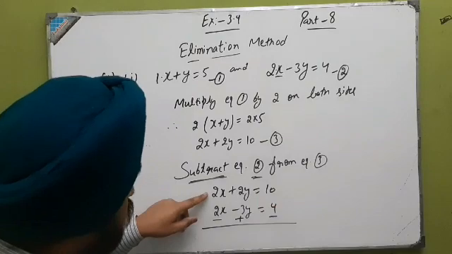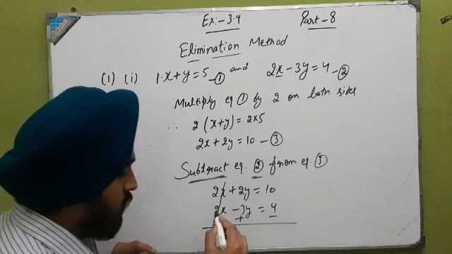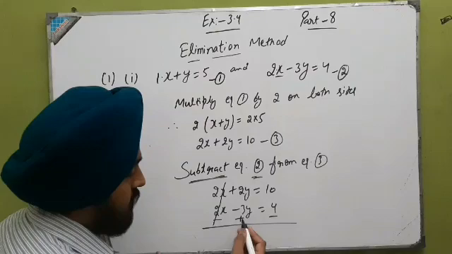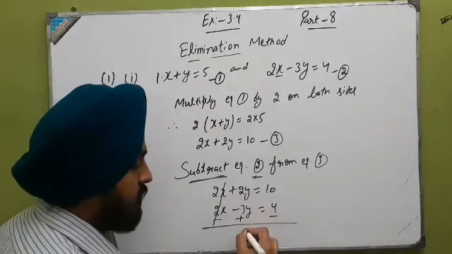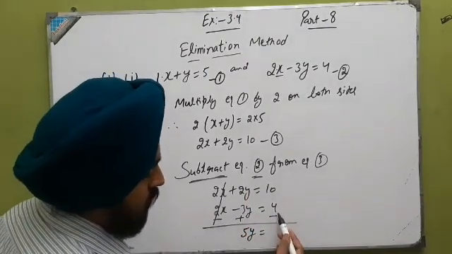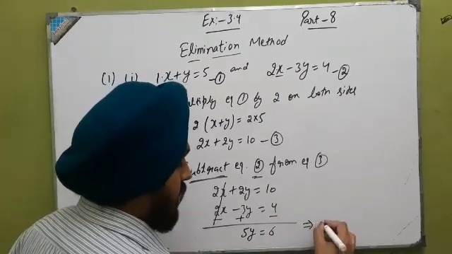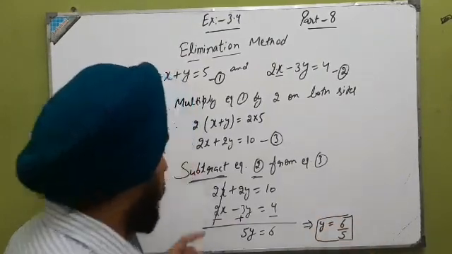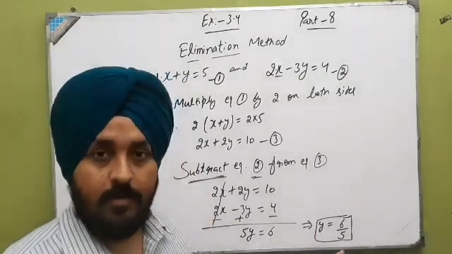Clear? Now this 2x is of positive sign. This 2x is of negative. So you can cancel them because they are equal but opposite in sign. Now this 3y is positive. 2y is also positive. 3y plus 2y gives you 5y. Now this 10 minus 4, now it is of negative. 10 minus 4 gives you 6. So it implies the value of y is equal to 6 over 5. So by eliminating the variable x here, we got the value of y as 6 upon 5.